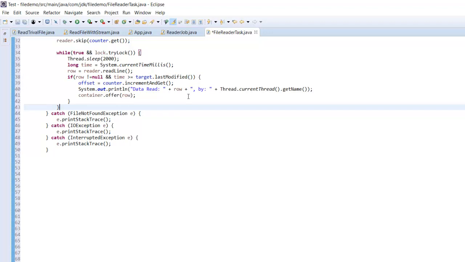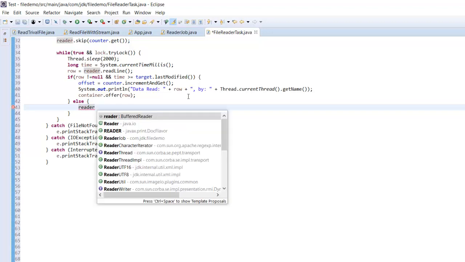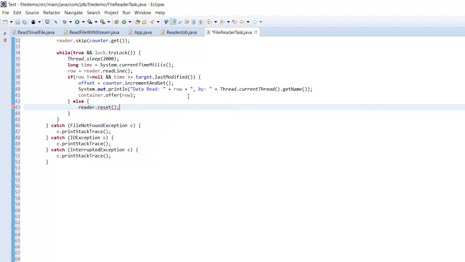Now what else if this condition is not satisfied? Do we have any else alternatives for that? So what I will do, I will dot reset. I will reset that, and